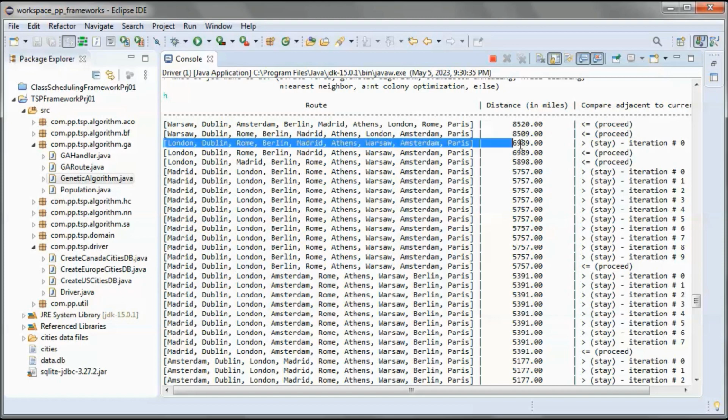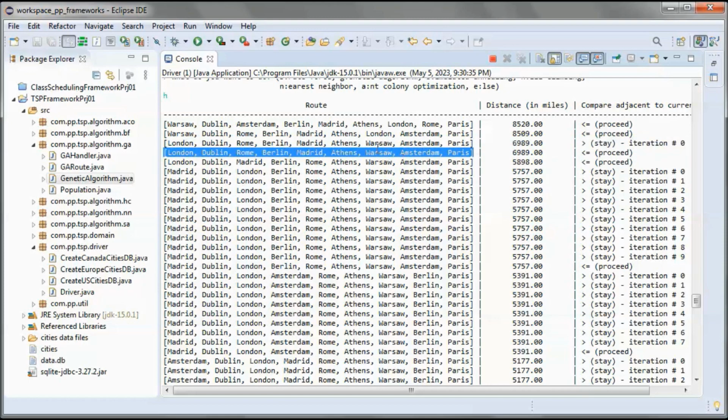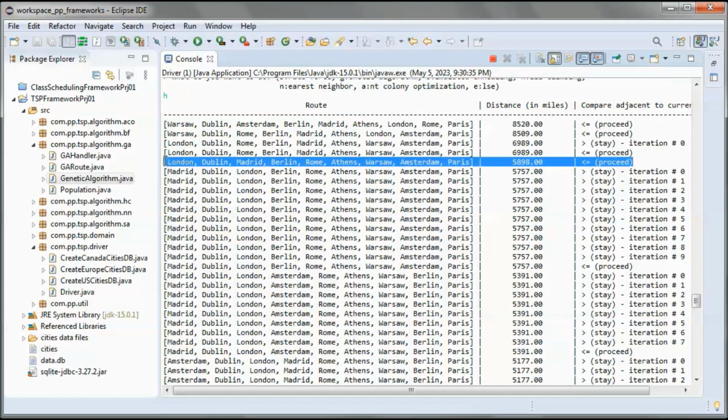So now we are here, and we checked the adjacent route, and it has a bigger distance, so we stayed. And here we are the same as here. So we checked the adjacent route, it has a shorter distance, so we proceeded. So now we are here, and this one has a shorter distance, so we proceeded.